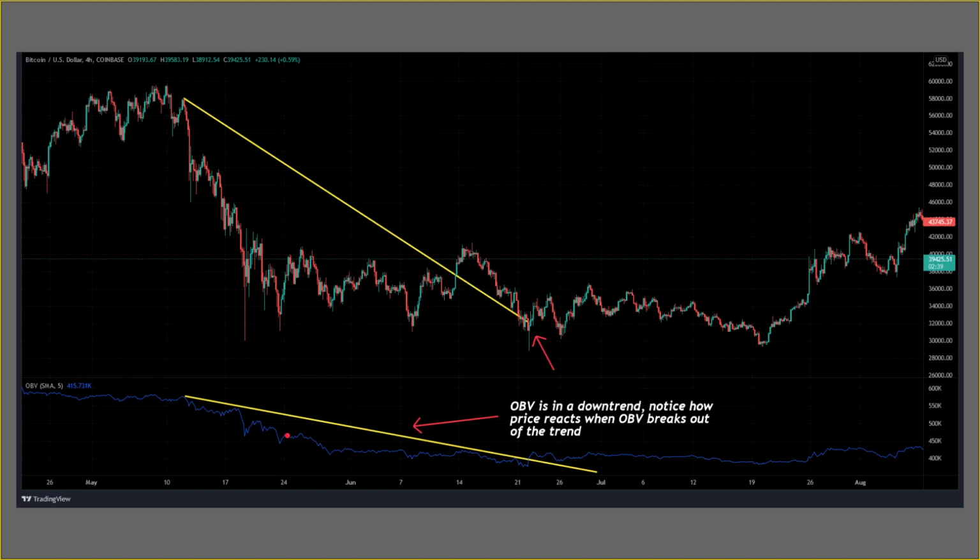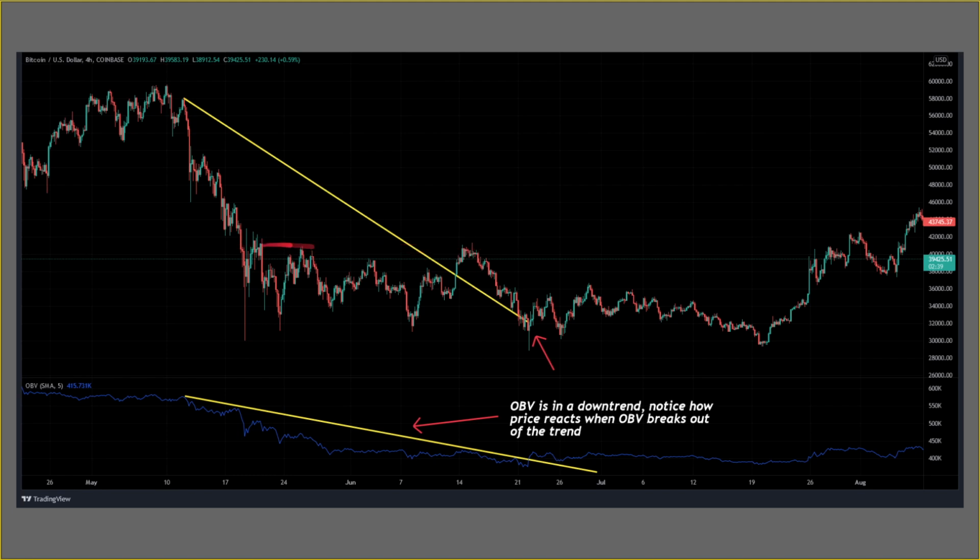At the same time, we see the OBV attempt to form some sort of high above here. We could have shorted at this high and been profitable at that point. Same thing here. We see the OBV coming up at this level, right? OBV comes up to this level. We could have shorted. OBV comes up to this particular level in the trend. We could have shorted. And even if we lined up with that, this comes back up to that same level